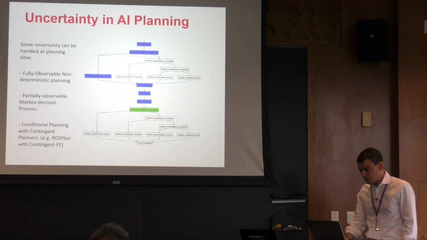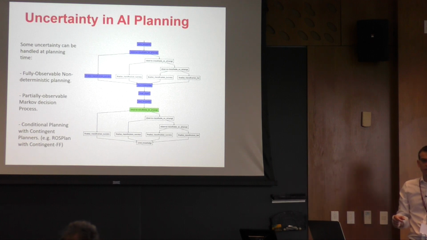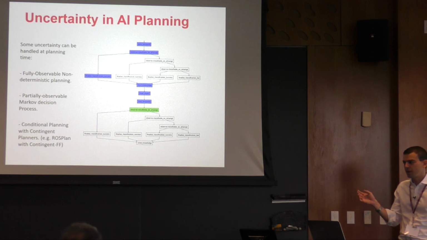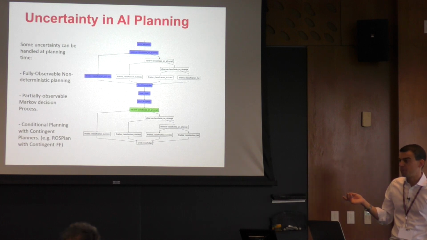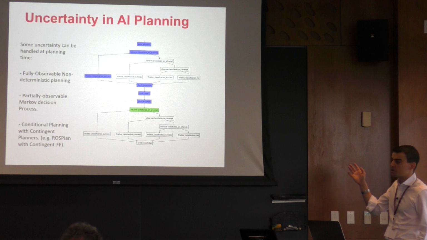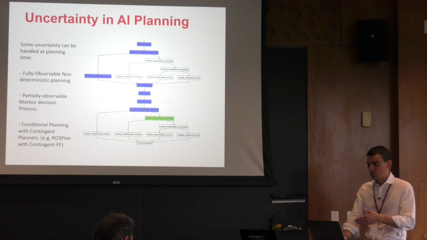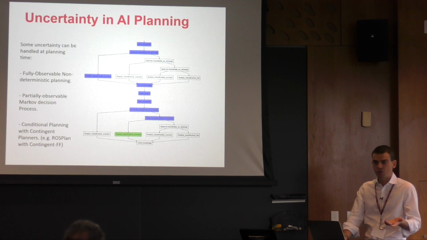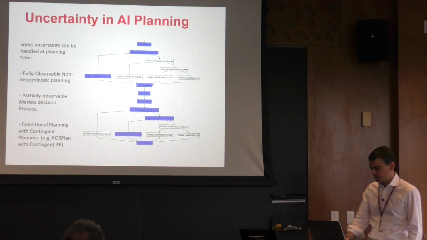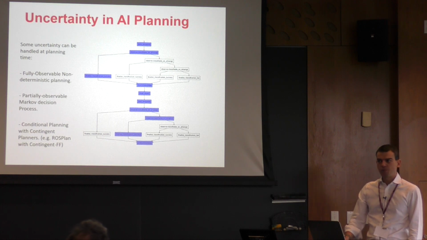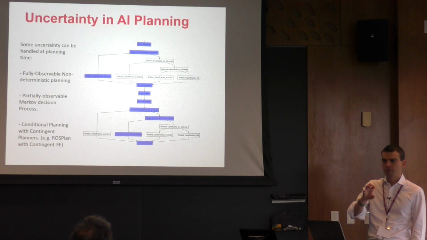And so what you need in this case is no longer a fixed plan that assumes that everything will work and nothing will change, but a conditional plan where you have branches, so that at execution time, the plan will decide what to do based on the observation of the behavior of the humans or of the environment. I stop here. Are there any questions before we move on to ROSPlan, or comments?